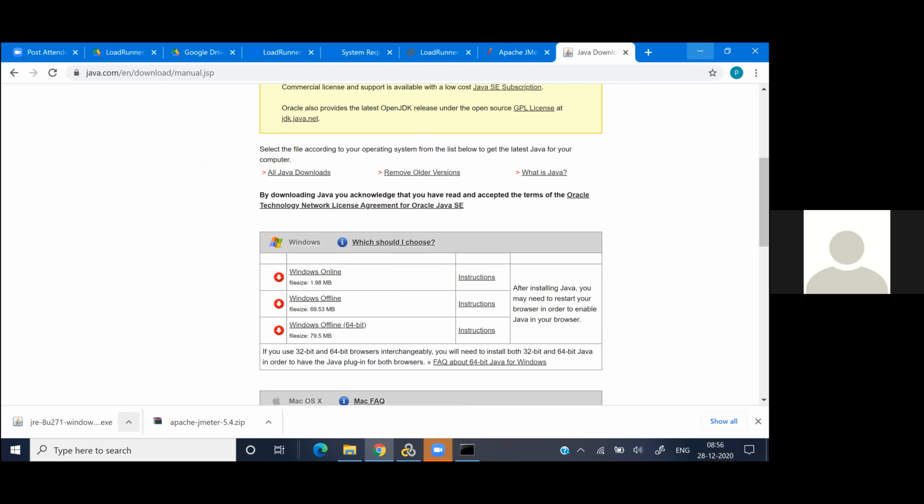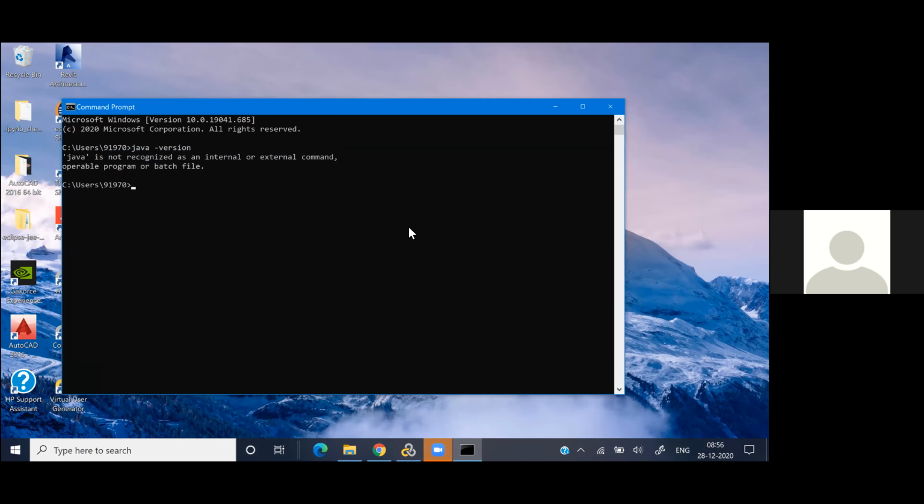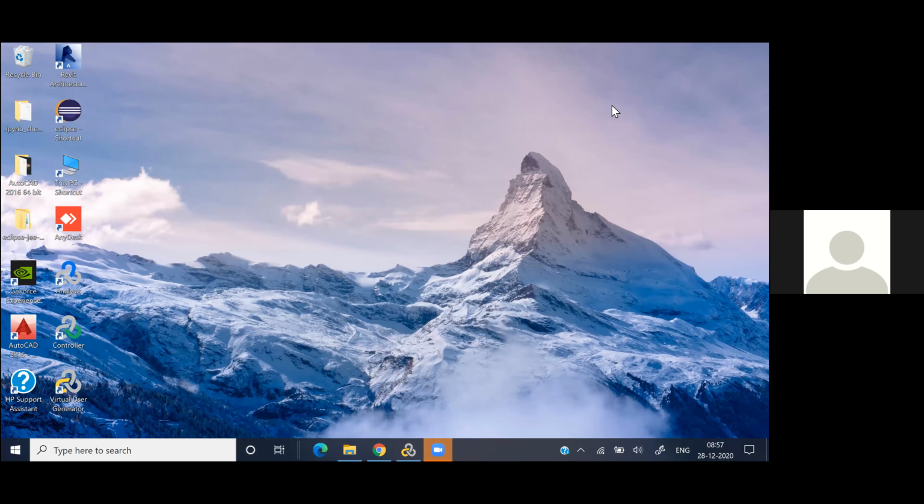Now let's check the Java version again. If you use the same command prompt, you'll get the same message again. So you have to open a new command prompt and use the same command.